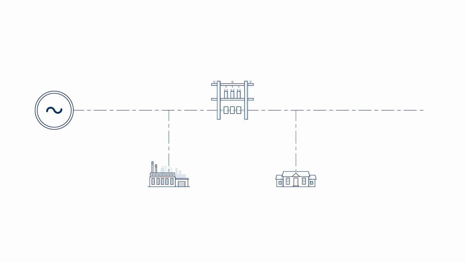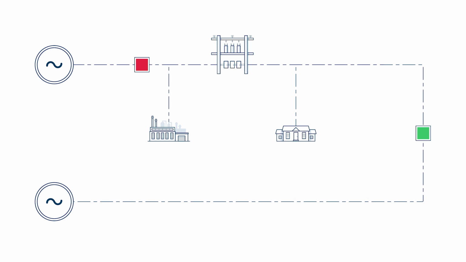Let's take a look. Traditionally, power always flowed from bulk generation to the end of the line. With the power source behind the voltage regulator, it only needed to regulate the circuit in a single direction, forward, away from the substation. Looped systems use intertie points to connect distribution circuits and restore power if there's a fault. But now, the power source could be behind or in front of the voltage regulator.